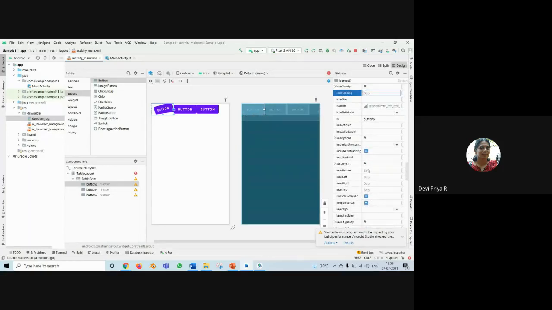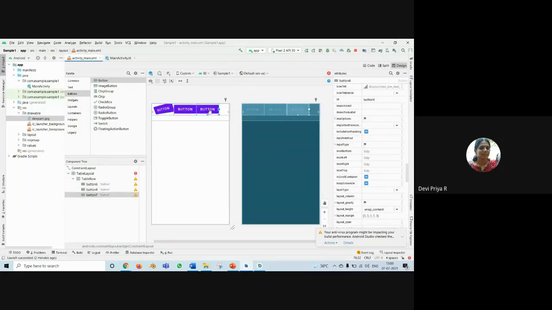So inside, depending on the size of your button, all these things, bottom, left, right, here you can set. This means top and bottom you can have 6 dp. So this dp position you can set, and depending on the objects that you are placing inside your table row, the table row width will be automatically set, because every object that you are having may be in a different size. Instead of fixing the entire table row size, it normally is dynamic depending on the objects that you are adding in every table row.